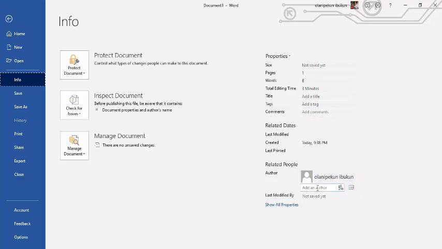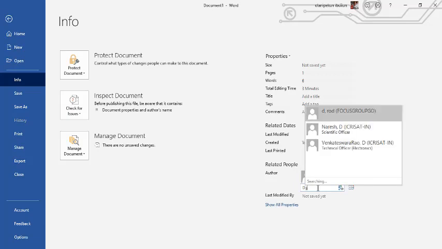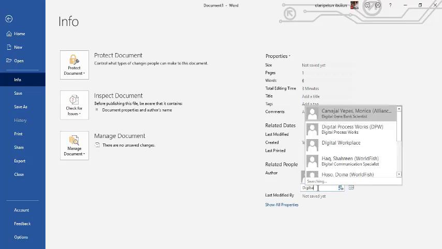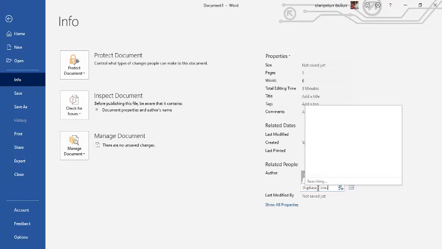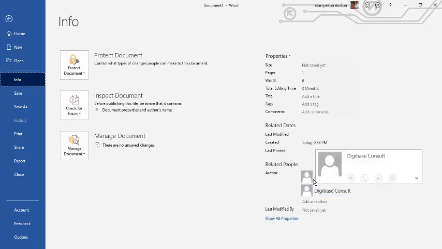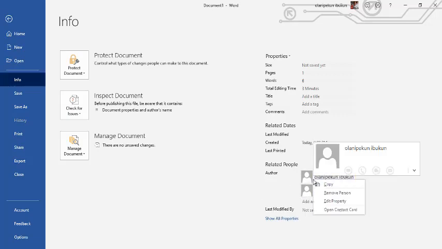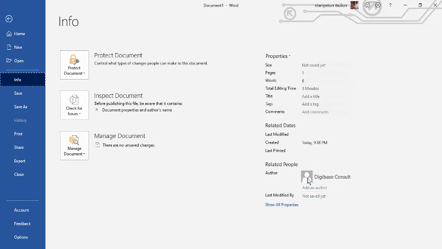If you want to change the author of the document, I can change the author and add another author. So I want to add Digibase as the author of this document. At times, if you are working in a company, or you probably got some information online, you may want to come here to check and actually change the author. I can remove this person as the author and change the author of that document, because some of the documents you copied online may actually have a different author. If the person checking the document wants to check the source of the document,